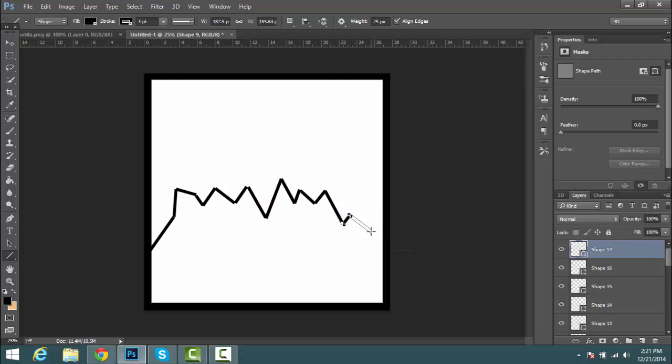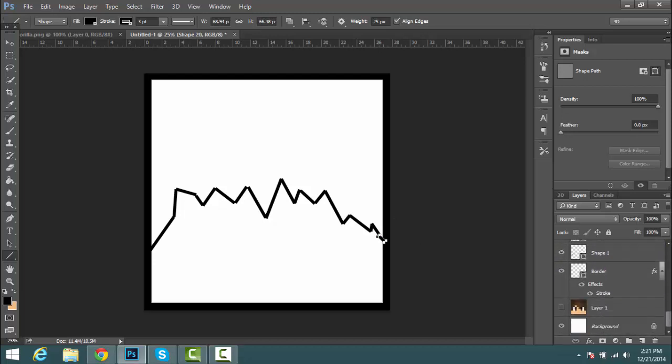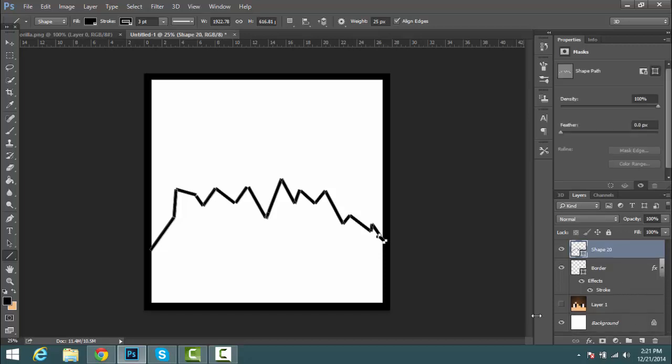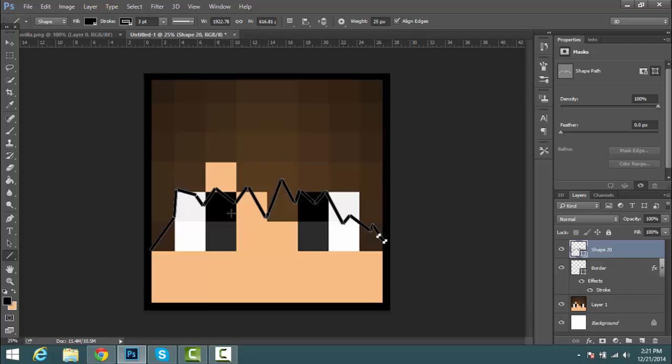There we go. That's some cool hair. So once you have your hair, you want to compact that into one layer by pressing Shift and going all the way down to shape 1. Don't highlight border. And then press Control E. Now that's compacted into one layer there, we can just add our little shape back, and we can start on